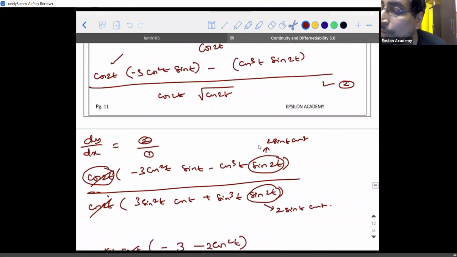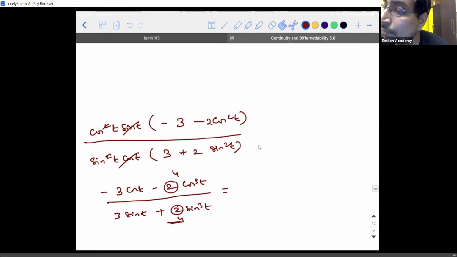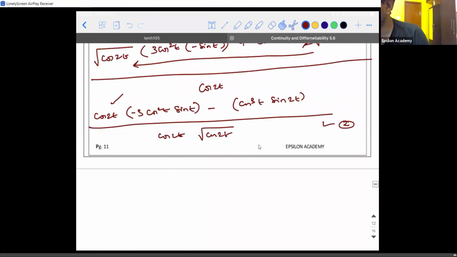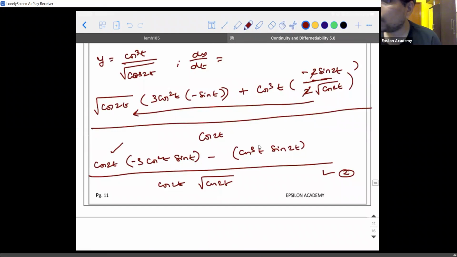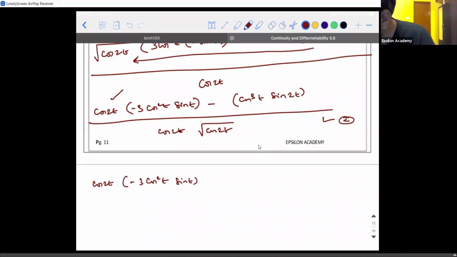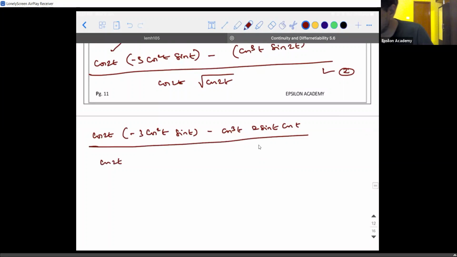Okay, let me do that part alone again. See, this problem I'll do it again because it is an important one. You can get similar type of questions. So dy by dx is, what am I going to get? Can someone tell me? Cos 2t into minus 3 cos square t sin t minus cos cube t into sin 2t, which I will write as 2 sin t into cos t. The whole divided by cos 2t into